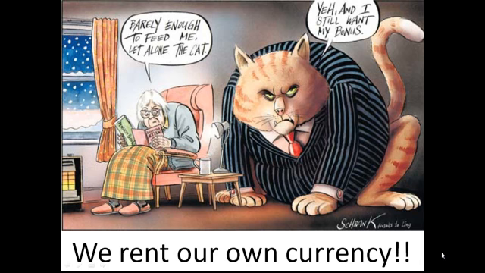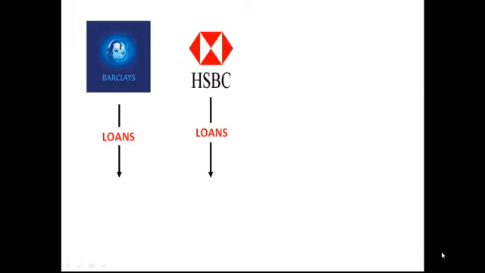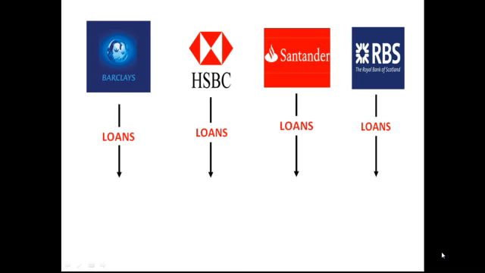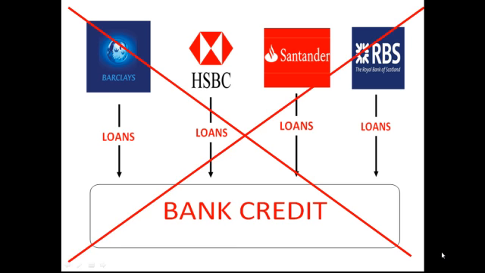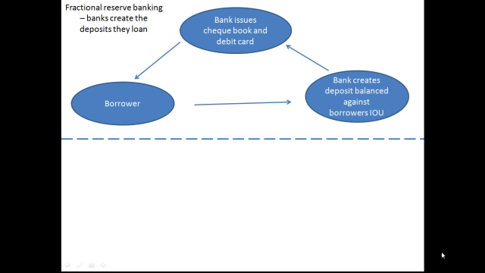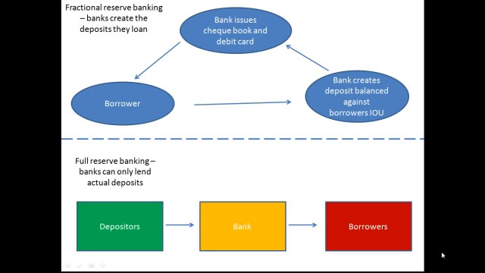So how do we solve these problems? Well, first and foremost, we must remove from private banks their license to create our money supply as debt. We could do this by implementing what is known as full reserve banking. Under this system, banks cannot create money out of thin air when making loans. Loans can only be made from existing deposits, and ownership of the money stays with the depositor, not the bank.